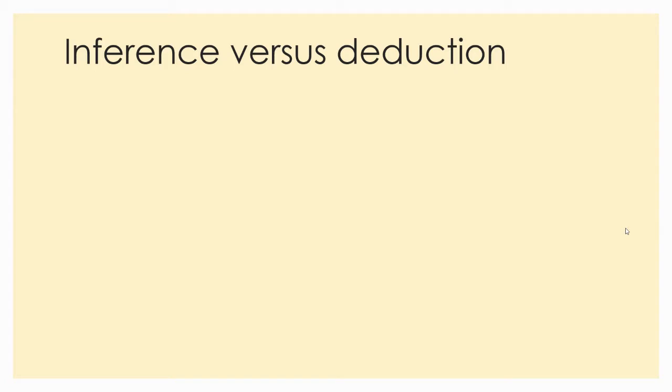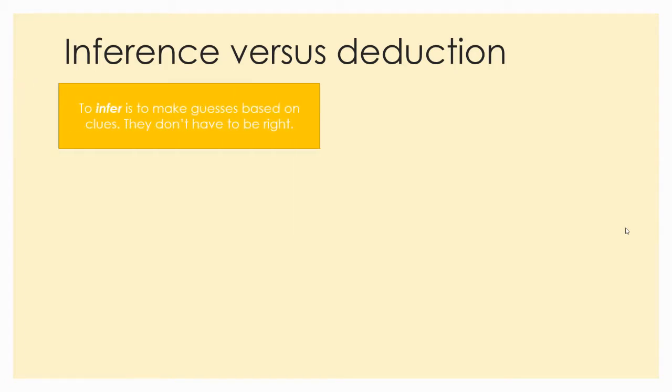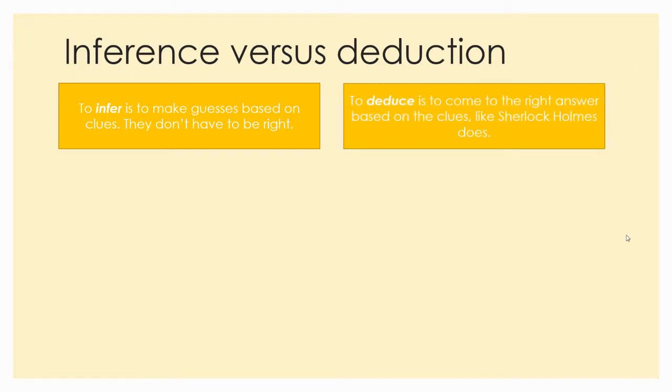Welcome back, everyone. To clarify then, to infer is to make guesses based on clues, and you don't always have to be right, and I'll give you an example now. And to deduce is to come to the right answer based on the clues, like Sherlock Holmes does, when he looks at all the clues and comes to the correct answer. Now, inference is